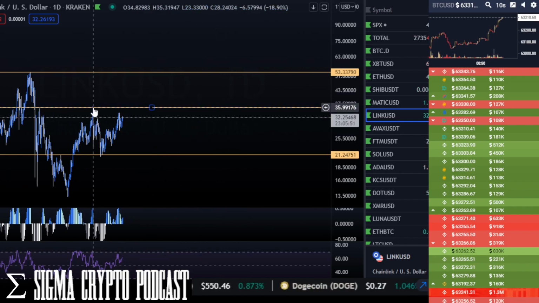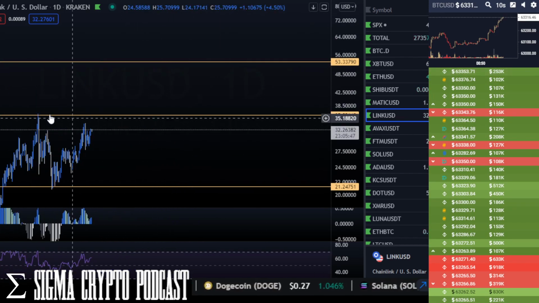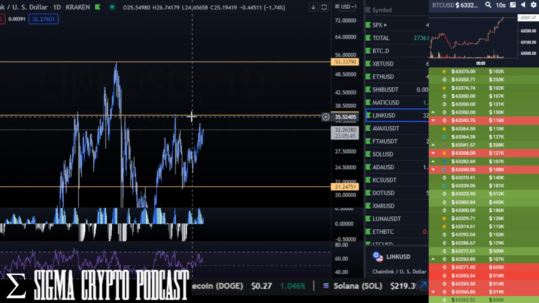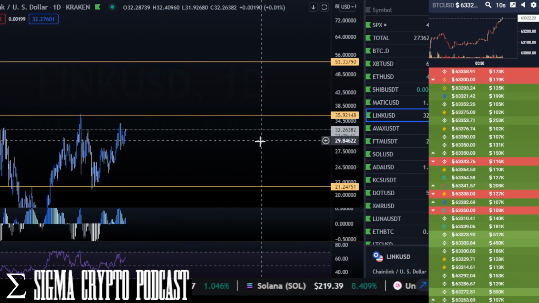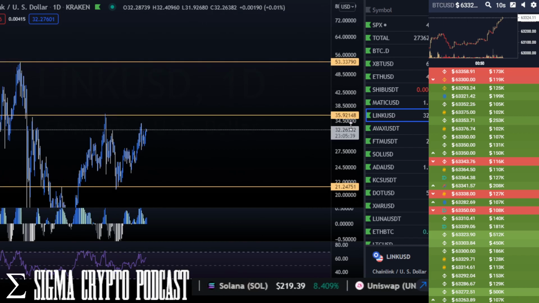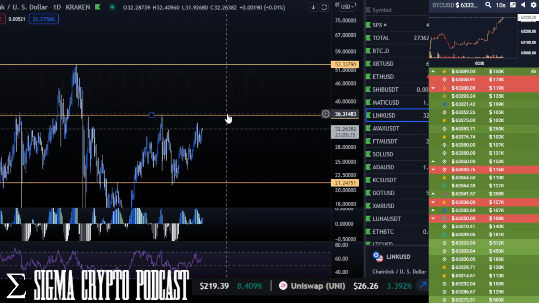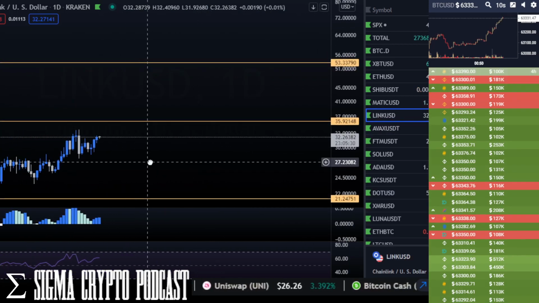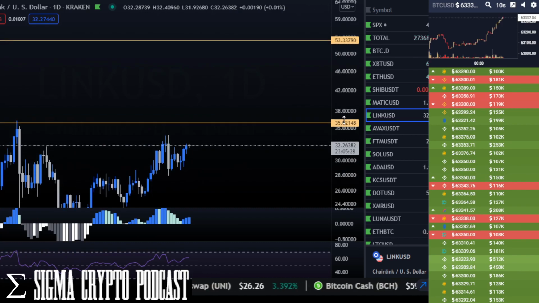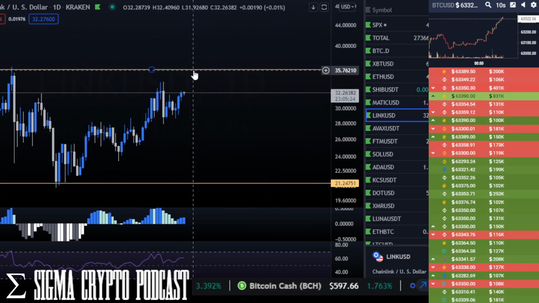We already touched that one, right? It recently tested that previous resistance, which was the previous all-time high. It sold off insanely hard, and now it's coming back again. I mean, it could test it again in a day. We could see a retest of that tomorrow, if ETH keeps pumping. We could see within this week another test of